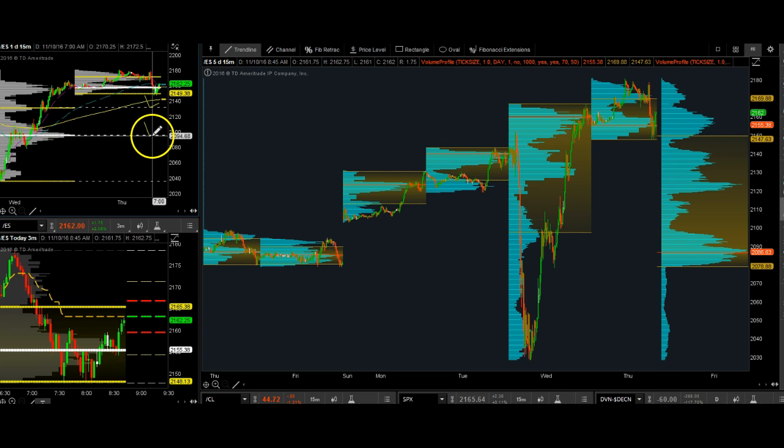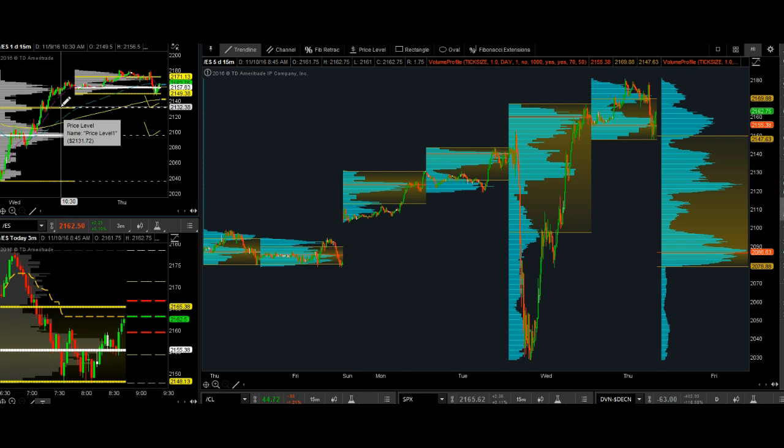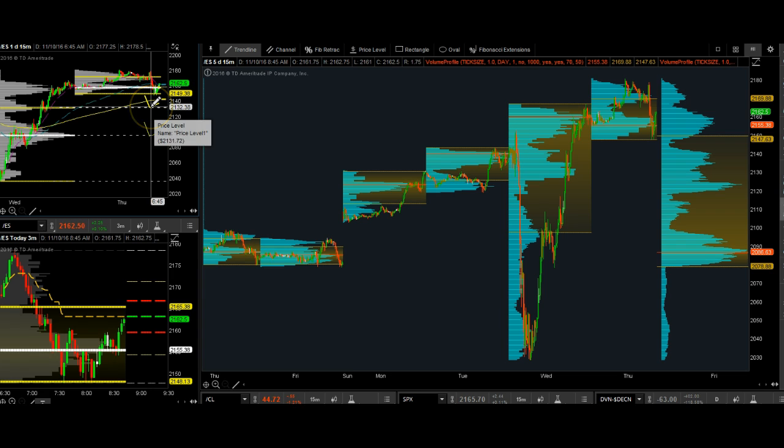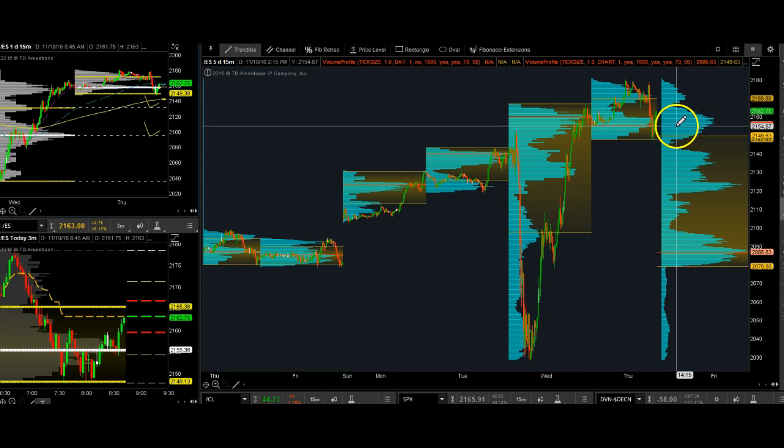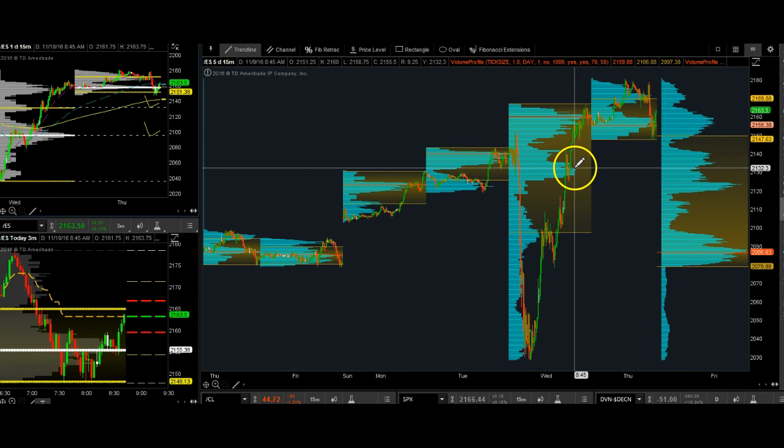These have never been touched, so they're called virgin points of control or virgin points of value area high and low. But usually on the very first test, you will see buyers step in and try and buy it up. So I would love to be a buyer at this 2100 level here, okay? I'd be a buyer here, and so on. You can use these levels and see if they match up with other levels on your other charts to see if